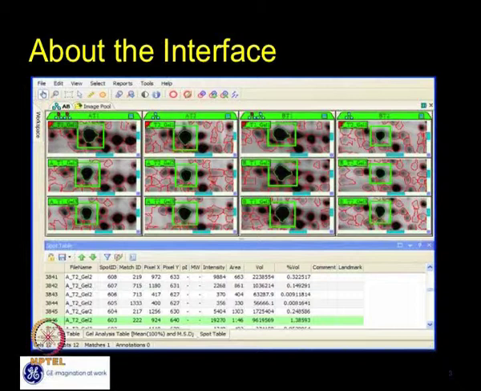So you are showing the interface for the software Image Master Platinum. Yes, these three parts are shown in the PPT. About the various types of tools which one can use, how the images look, and what type of parameters the software is going to display. Exactly. Those are the three major interfaces here. You can even see the workflow on the left hand side. Once we go through the software analysis demo, we can see the complete details of this particular feature also. So the software is made in such a way that it can walk you through stepwise, automatically.